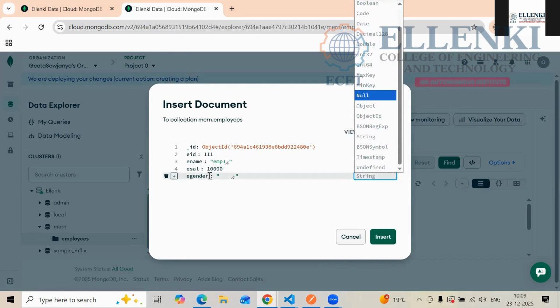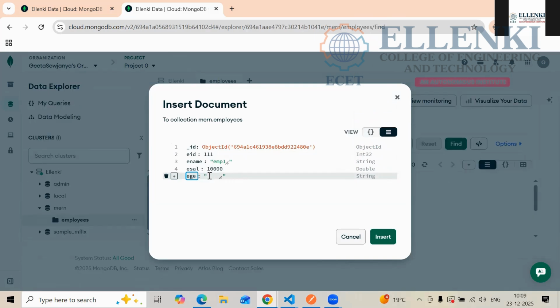Okay, so here I am changing this one. What can you give here? Age. Okay, age. Why don't we give gender? Gender, you can write, right? Gender, some male or female you can write. String, that means okay now. It is okay, no? Yes or no? Then you have to use the insert.